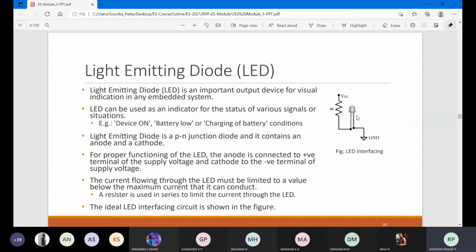Green will not come suddenly, because it is going to follow some pattern, right? The traffic signal will be the same, but the color will be different. Maybe you might have observed, sir, there are three different signaling LEDs present over there. One is dedicated to red, one to green, and one to yellow. So you are going to set a timing for that. Red will be for 2 minutes, green will be for 2 minutes, and yellow will be around 20 seconds or something. So why is it required?